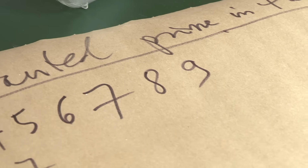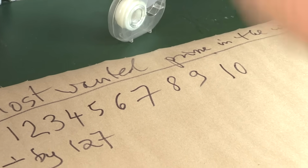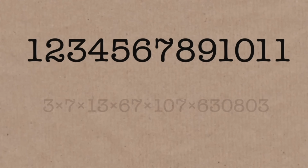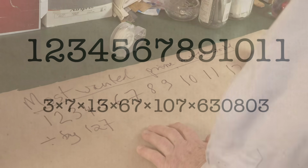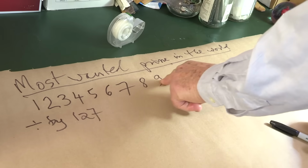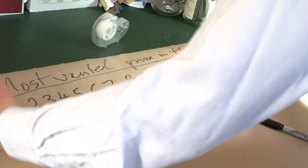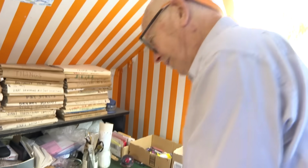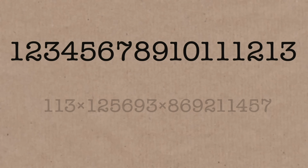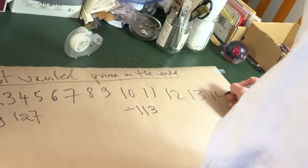We want a prime. We definitely want a prime. This really is sort of the most natural prime for anyone with 10 fingers. 10, 11. 11 doesn't work either. 12, 13. So let me talk about 13 for a minute. So go 1, 2, 3, 4, 5, 6, 7, 8, 9, 10, 11, 12, 13. These are just the digits of this number, okay? And we say, all right, now that really looks like it's a prime. It's not. It's divisible by 113. Sorry. Well, all right, so you keep going